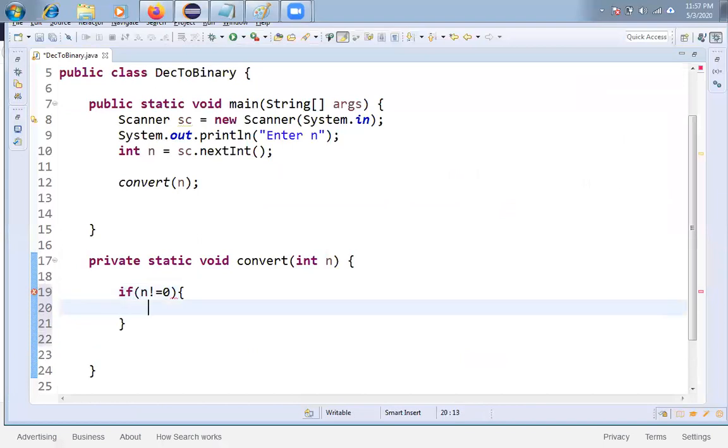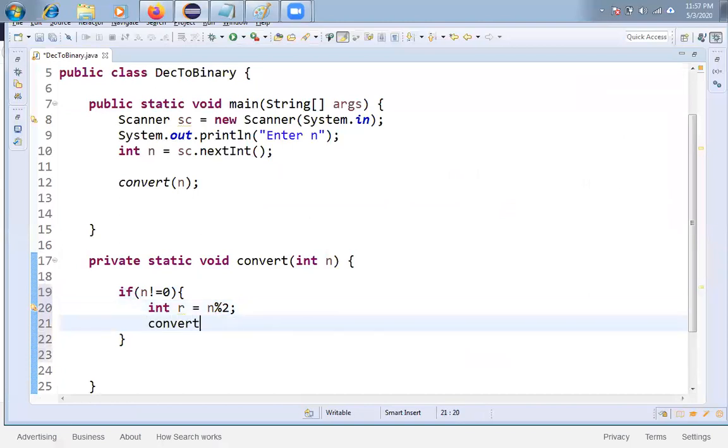If n not equal to 0, I'll enter the if condition, and I am taking one variable r, in which I take the remainder, n mod 2. Then I am calling the same method once again. This time I am not passing n, I am passing n by 2. So be careful, friends.